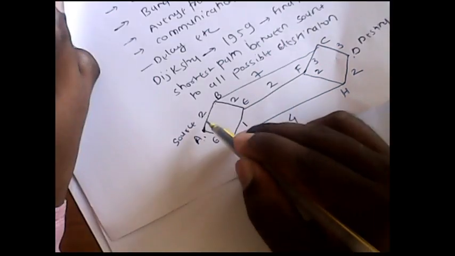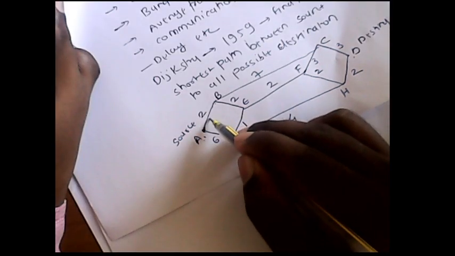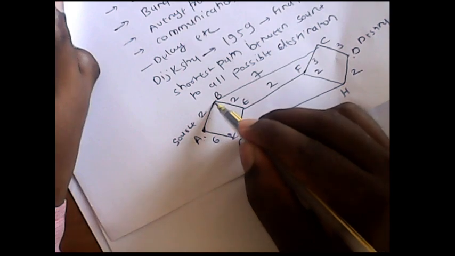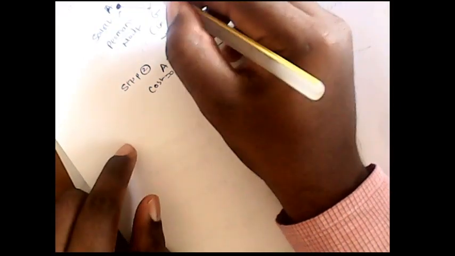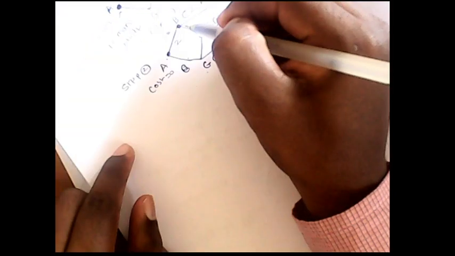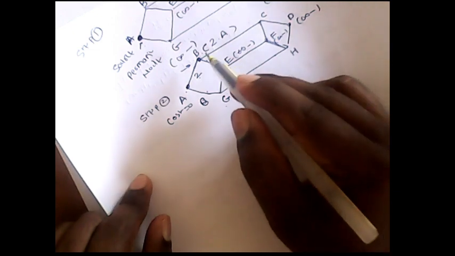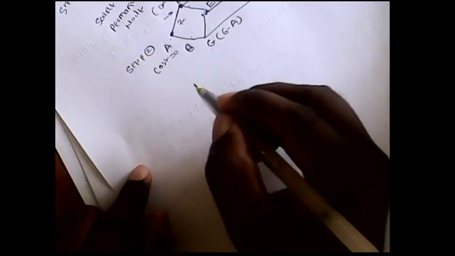So we observe there are two nodes adjacent to the permanent node, B and C, but B has very low cost. So we make B the working node. So we can write in step 2 that B is the working node, which is indicated by this arrow. Then similarly in step 3 we find the shortest path from B to D and E.